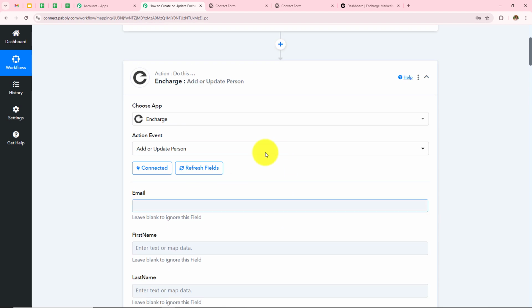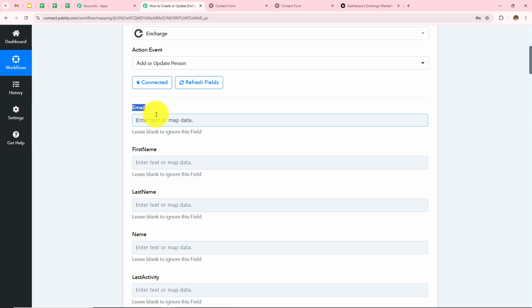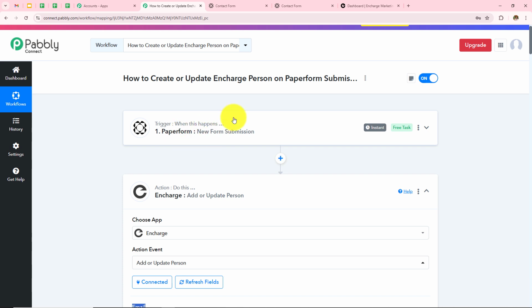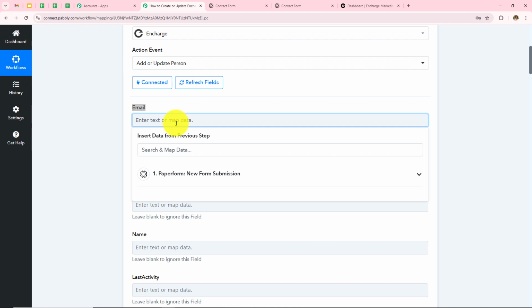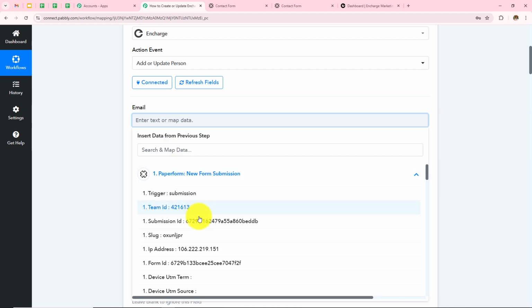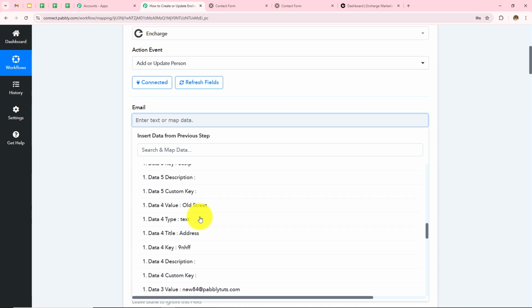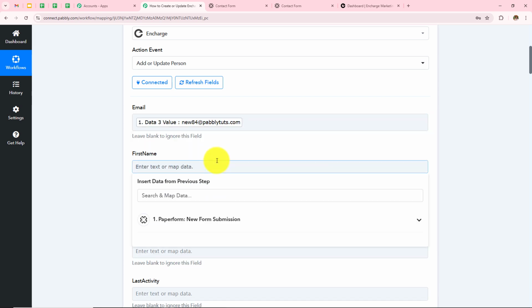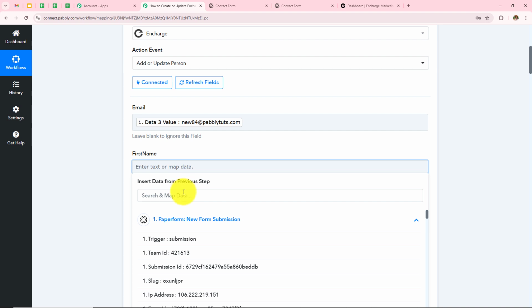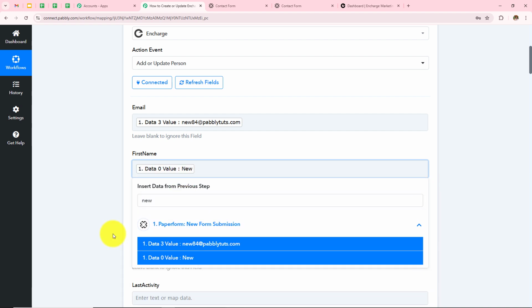So the first one is email address, and to enter this I'm not going to enter it manually. Instead I'm going to use a method called mapping, which means I am going to enter data from my previous response. So here as you can see, I have received the response from Paperform. So as soon as I click on this email field, I can see this Paperform, and when I click on this I can see all the response that I have received from Paperform in my Pabbly Connect. So here the email address was new84@pabblytudes.com. Then I have to enter the first name, so the first name was new,